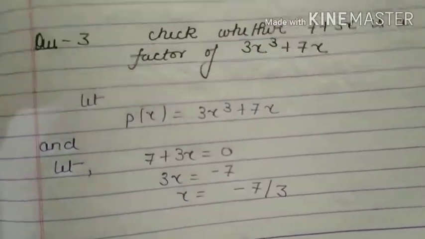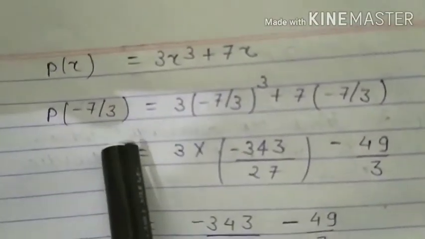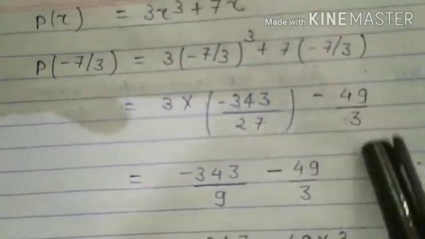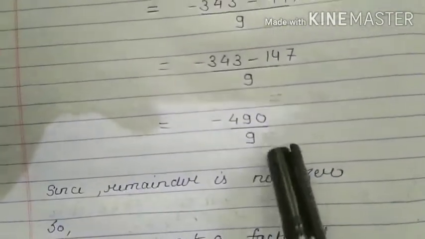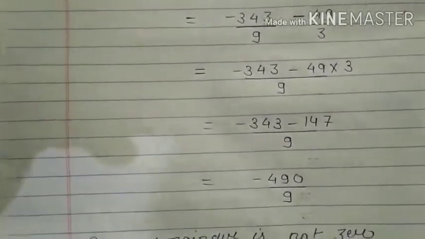Okay, so p x equals to 3x cube plus 7x. Put p at minus 7 by 3. Okay, at minus 7 by 3 cube plus 7 times minus 7 by 3. After solving we get minus 490 divided by 9. Since remainder is not 0,